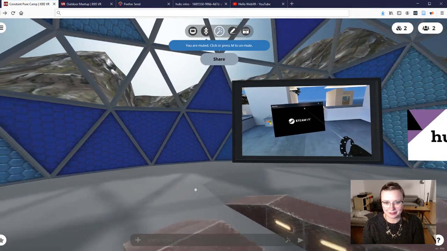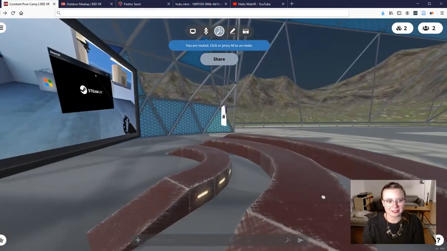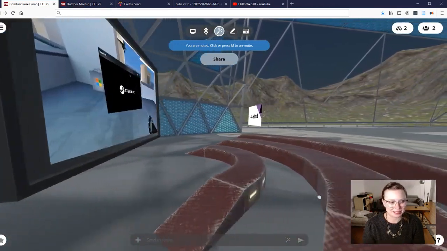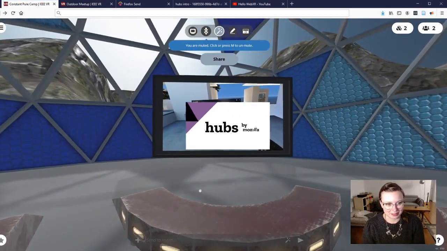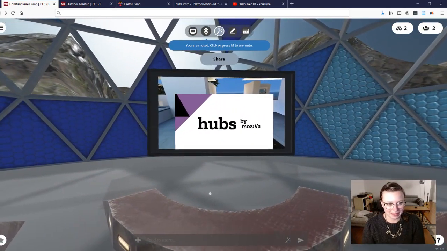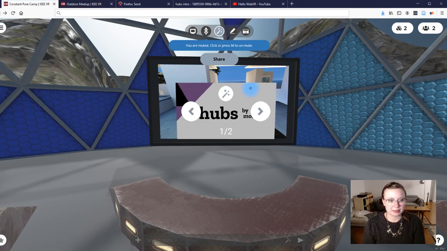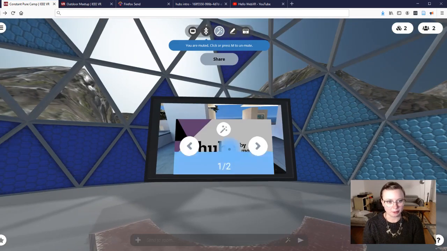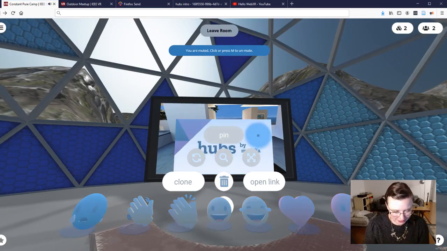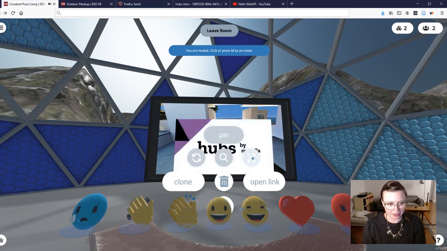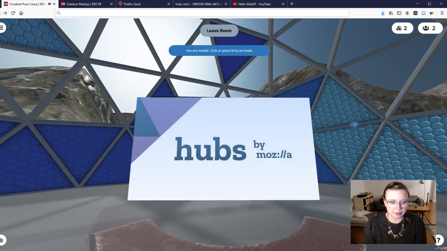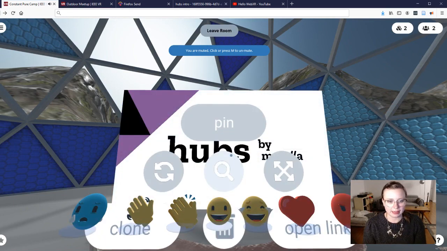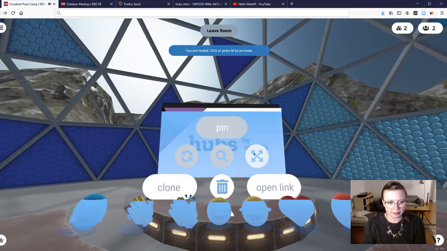So now we have imported this object, and it looks pretty flat towards that screen, but we're still kind of far away. So once again, I'm going to line up in front of the screen, and I'm going to first make it a little bit bigger because it's obviously way too small. And so I can press the space key or the tab button to open up the secondary menus, and I can change the size by clicking on that button with the arrows that go outwards and then pulling that up